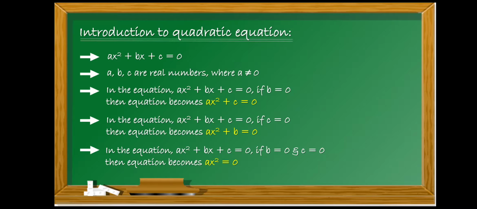So once again we'll recall it. Your a, b and c are the real numbers which are also known as quadratic coefficients. Coefficient means a constant term. And your x is a variable. You know what the meaning of variable is? The value which varies. I have explained that an equation is solved to find out the value of the given variable in it. So we are going to solve the quadratic equation and find out the value of the given variable. It can be x, it can be y, or it can be anything.